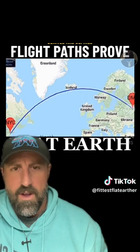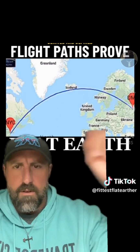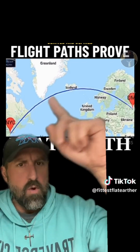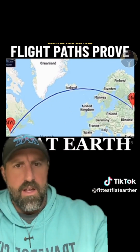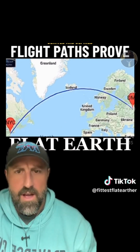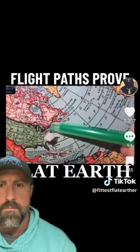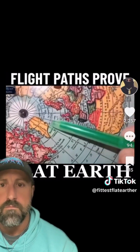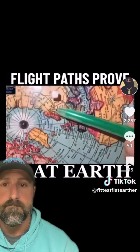Maybe you think you live on a globe because the flight paths prove it, right? Don't know if flight paths prove it? I mean, this seems normal, right? You would never just go in a straight line. Let's see what New York to Moscow looks like on a flat Earth map. Check this out. The edge of Canada, the edge of Greenland, straight over Iceland, straight over Sweden, and into